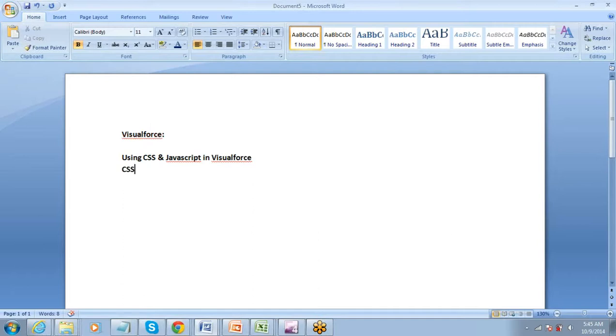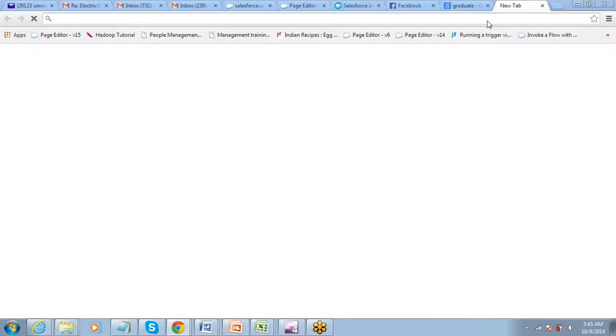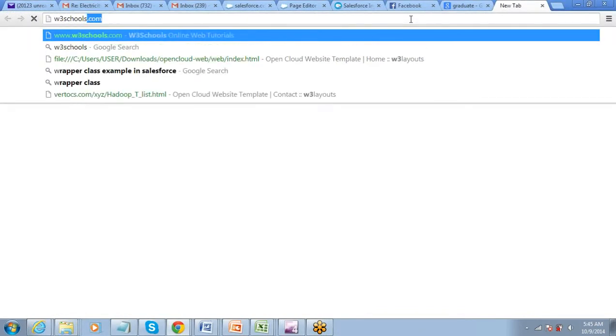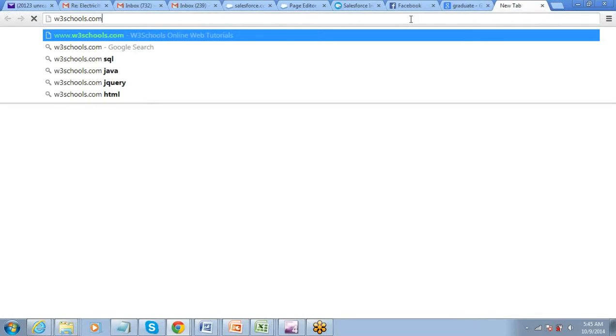If you have seen, using HTML you can design things, but to give them the color and the font size, those things are controlled using CSS. For those who are not aware of CSS or have not got much exposure to it, I will suggest this link, w3schools.com. I think I told you earlier about this for learning HTML. Now you can use the same link for CSS as well.